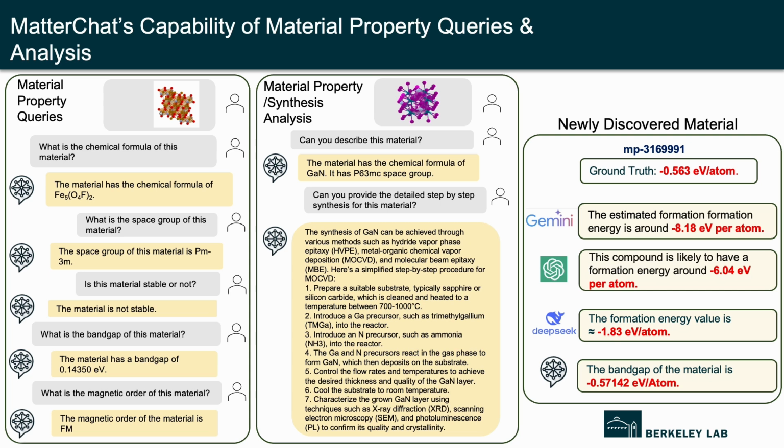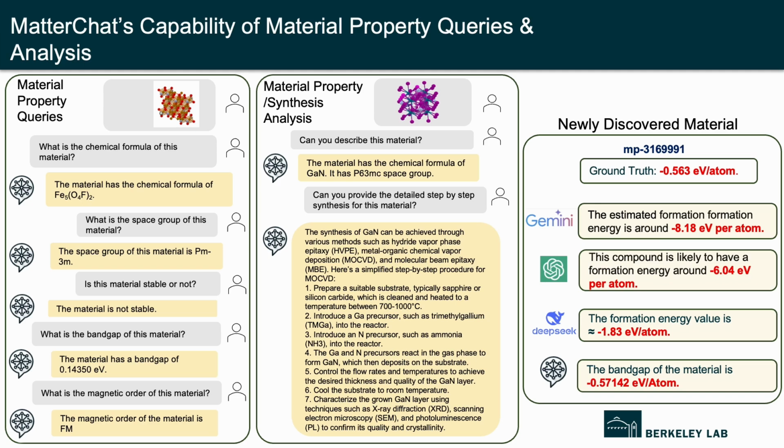And the example we're using here is one common semiconductor material, gallium nitride. As you can see, the model is able to provide a detailed description along with step-by-step synthesizing guidance for such material. And the right panel is like we selected one of the newly discovered stable materials from DeepMind last year, and we're trying to